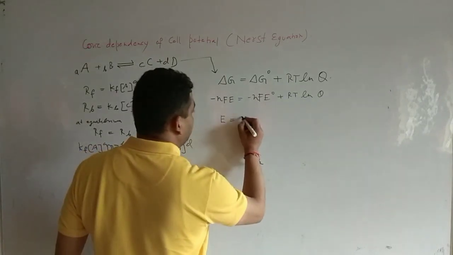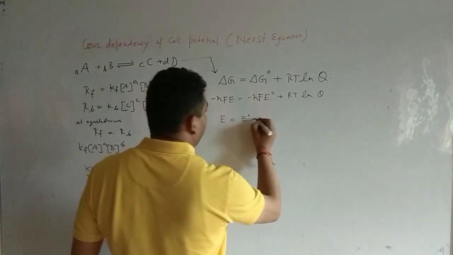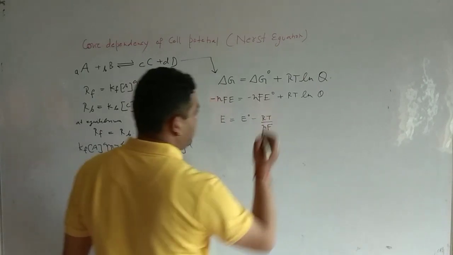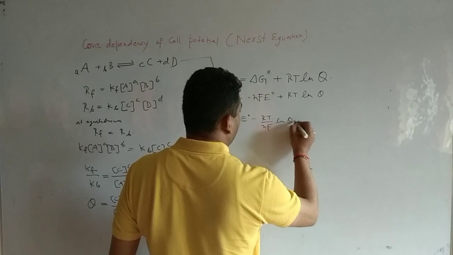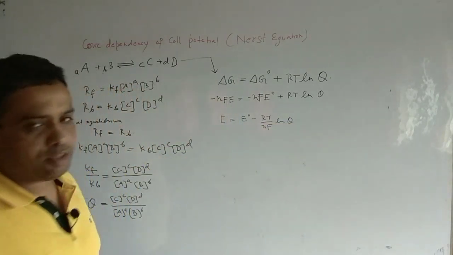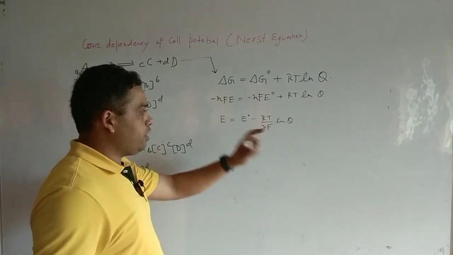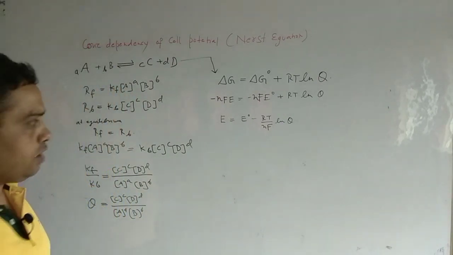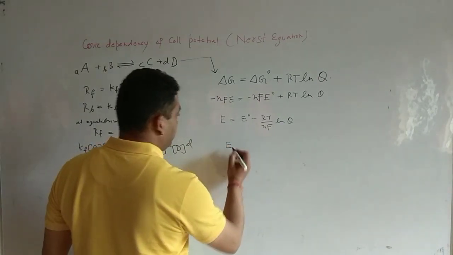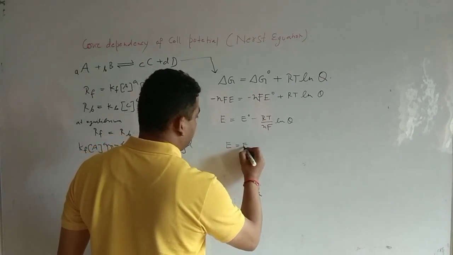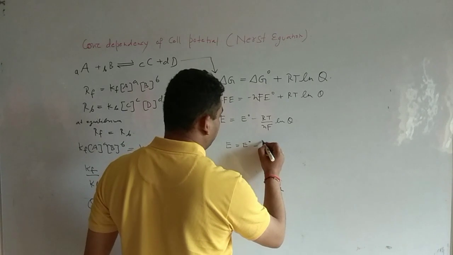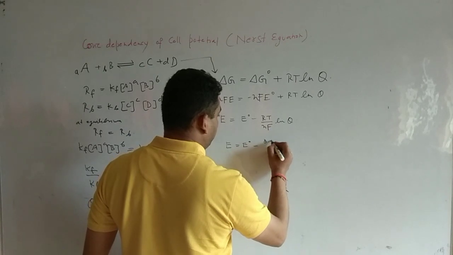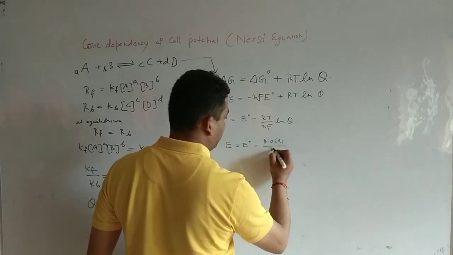So you will have your E standard negative RT by NF ln Q. If you further put the value of R, that is 8.314 joule per Kelvin per mole, 298, and this 96500, and convert this log from base e to base 10, you will have your final expression in this way: E equals E standard negative 0.0591 divided by N